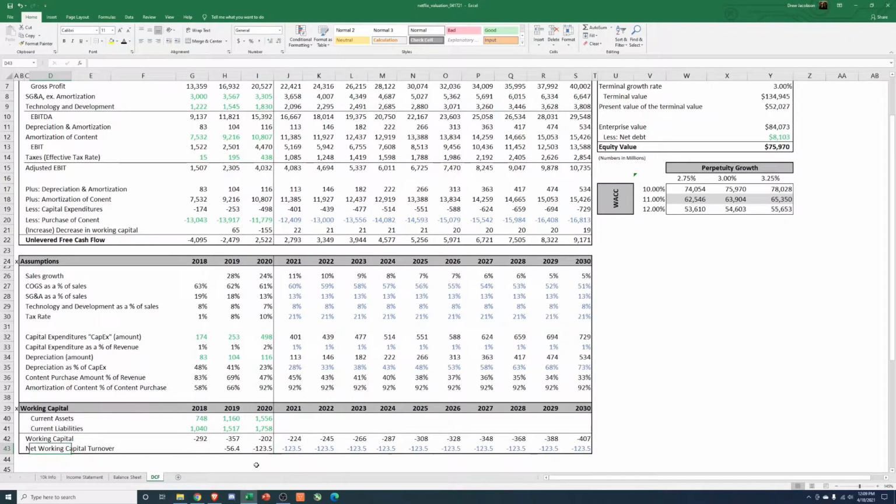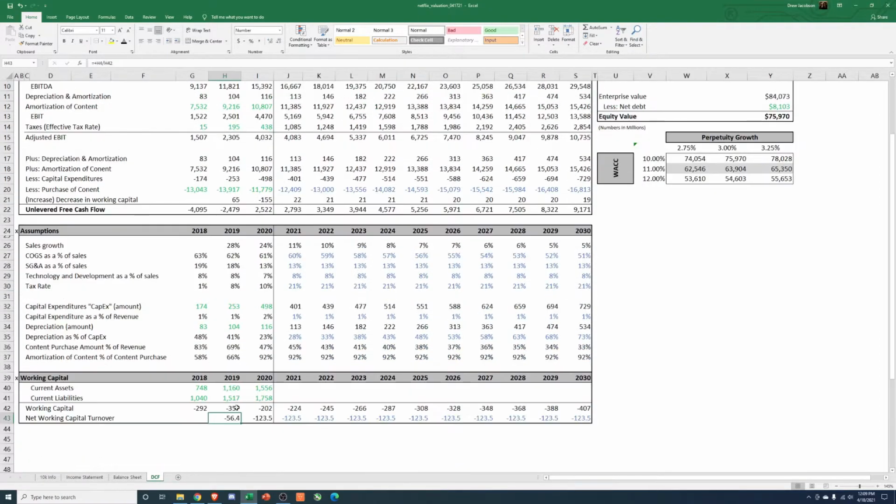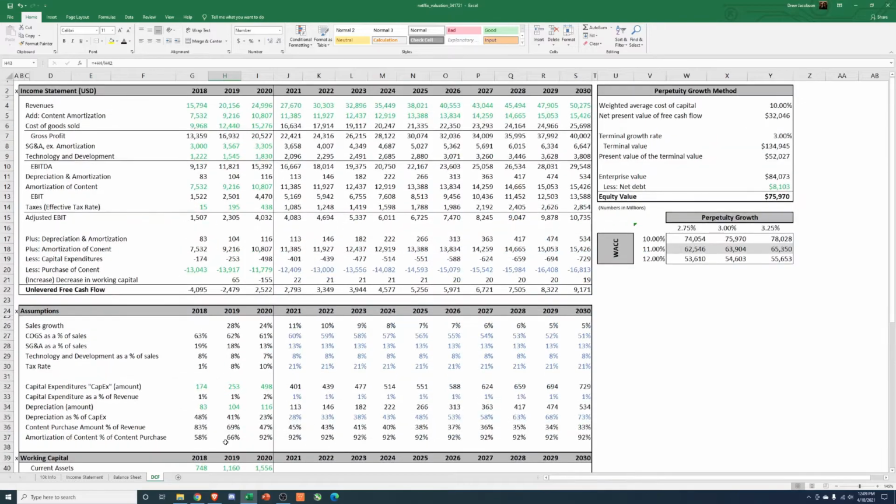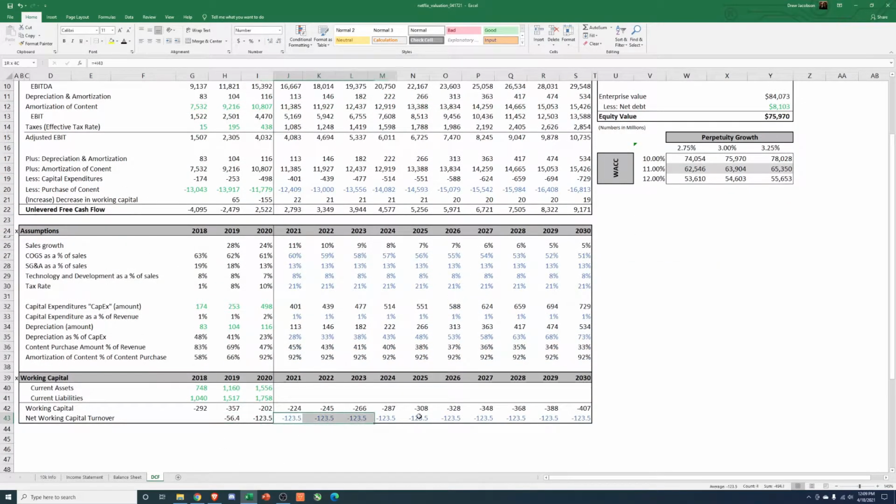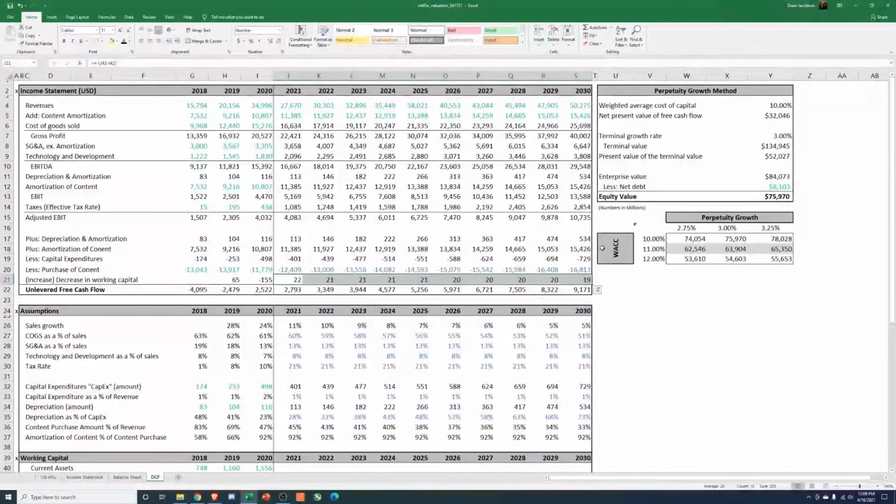And net working capital turns, I don't think I've gone over this yet. If we look at this, H4 revenue divided by your working capital, it's a ratio that's used. You could also look at current assets or current liabilities as a percent of revenue or something like that, but it's an easy enough proxy. And I don't like to have material cash flows from your working capital because that stuff can always just be gamed or changed. So there's that. WACC, you can obviously change this to whatever you're most comfortable with.